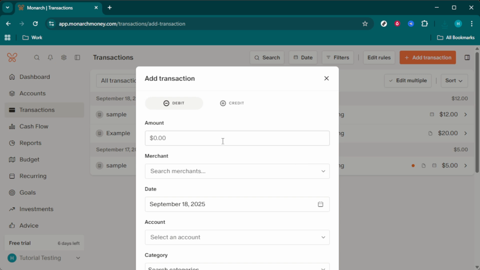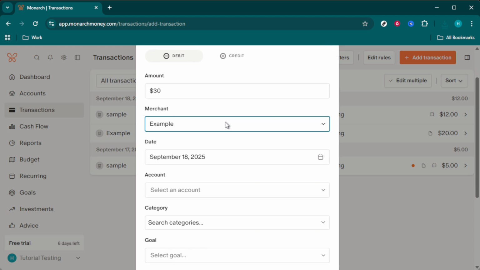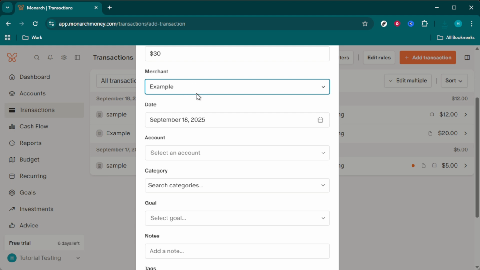need for your transaction. Now, in this new window, the first thing you'll need to do is type in the amount you wish to transfer. Be as precise as you need to be here. Make sure the amount is accurate to avoid any unnecessary adjustments later on. Right beneath the amount, there's a field where you should type or add the merchant or recipient of the funds. This step is crucial as it keeps all your transactions well documented, allowing you to track where every penny is